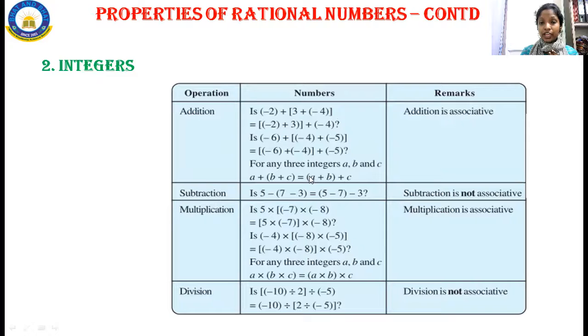And how can we tell that? a plus (b plus c) will be equal to (a plus b) plus c. You can see here, a plus b is inside the bracket on the right hand side, but on the left hand side, b plus c is inside the bracket. But if we add both of them, the answer that we are going to get is a